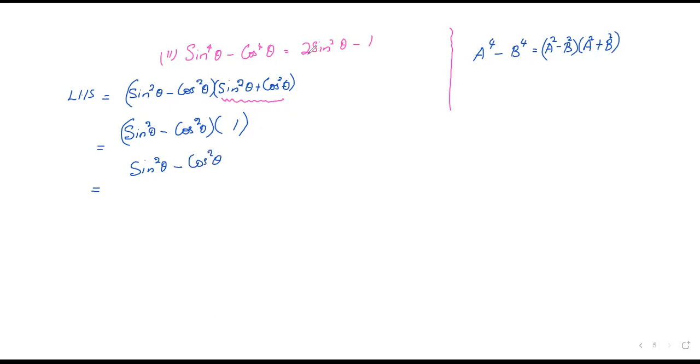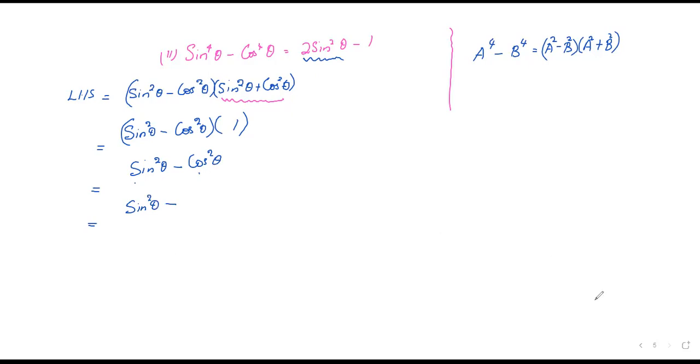But on the right-hand side, I have 2 times sine squared theta minus 1. The right-hand side manifests only one trig ratio, which is sine, and the left-hand side has a sine and a cos. So maybe if we express this in one trig ratio, we might arrive at the answer on the right-hand side. Now let's see what happens here. We said sine squared theta minus